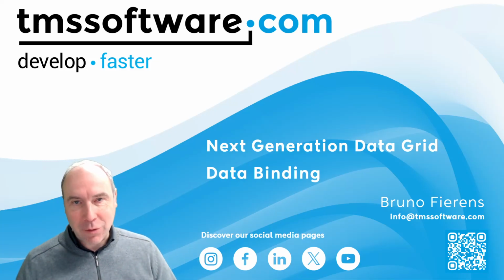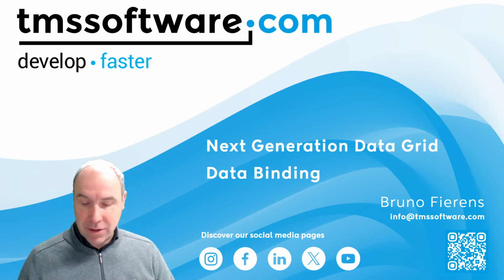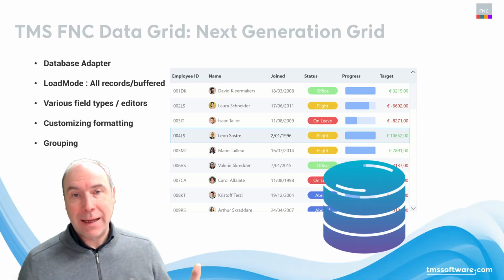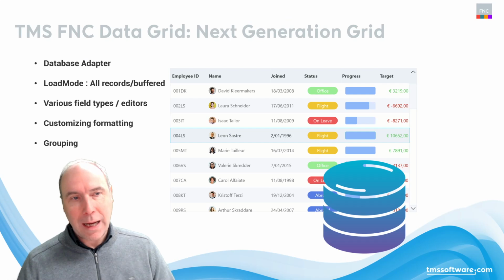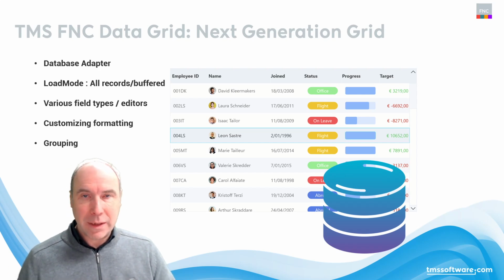Today I'm going to take you on a tour around the data binding capabilities of the FNC Data Grid. I'm going to show you how the database adapter plays a role in that. I'm also going to cover the database adapter load mode, where you can select between all records loading and buffered